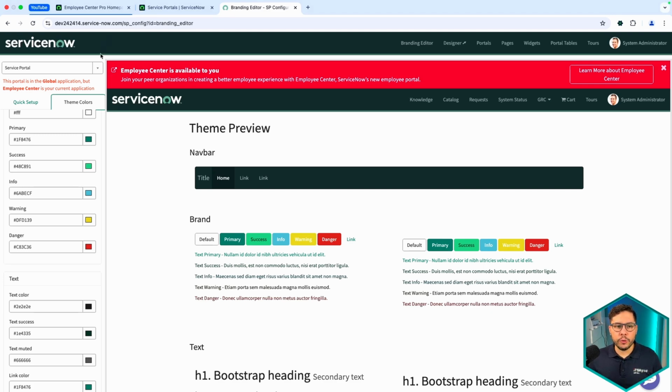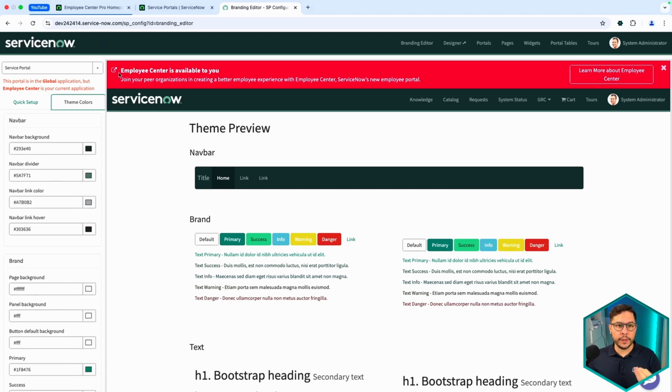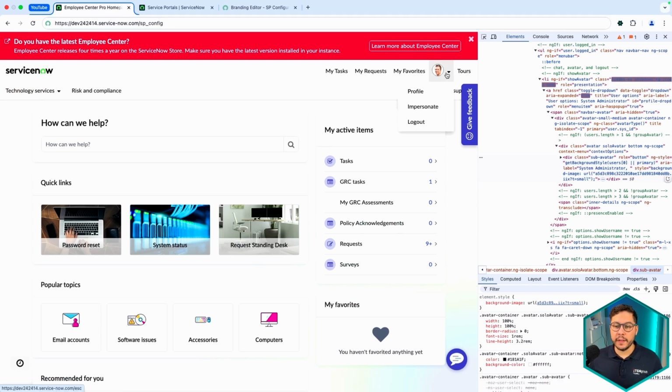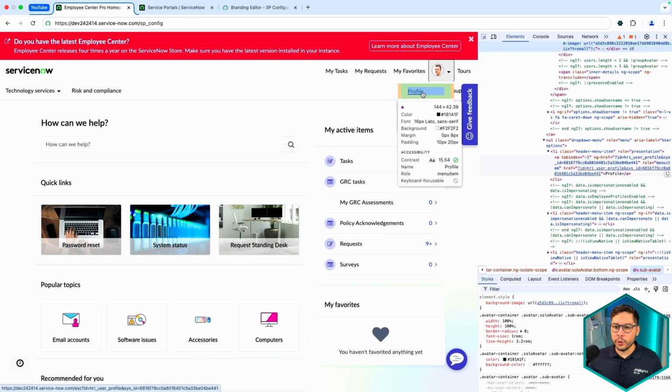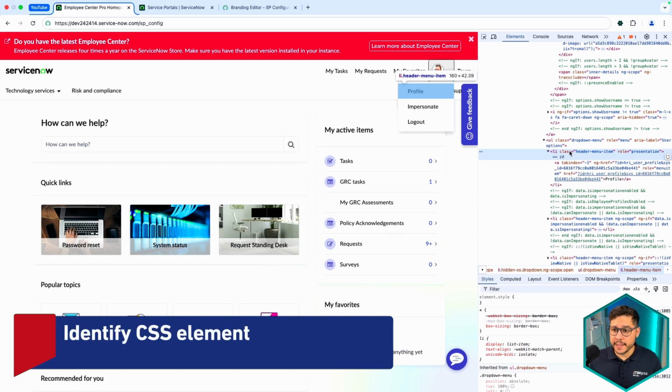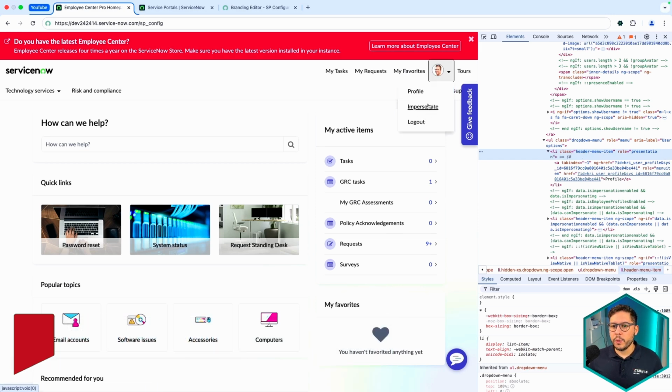With what I'm going to show you, that's exactly where the point comes in, is that you can simply inspect in here. For example, let's say for some reason, everything that we have done right now is not changing the color with the branding editor. Then you come here, you use the inspect of the browser, and then you identify your element, your CSS element. And let's say that we want this here to be red.